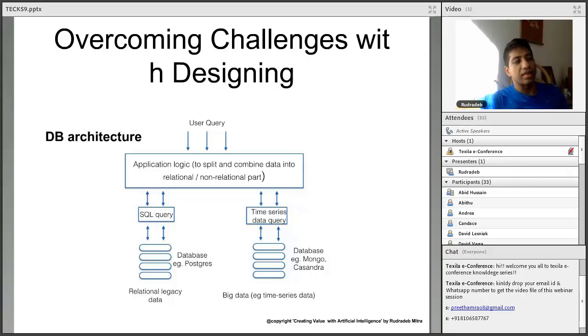Now, this is a challenge, because writing this piece of application logic that combines two databases is not very trivial. And in a real-world scenario you see these problems, but a lot of companies don't see them, because most AI and machine learning is done at a proof of concept level where they don't care about combining with real-world data.